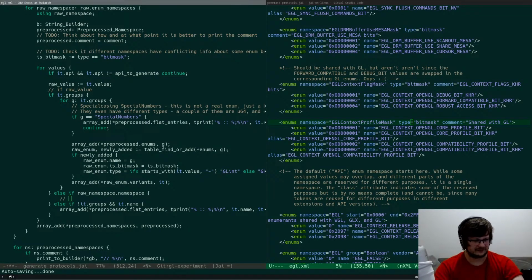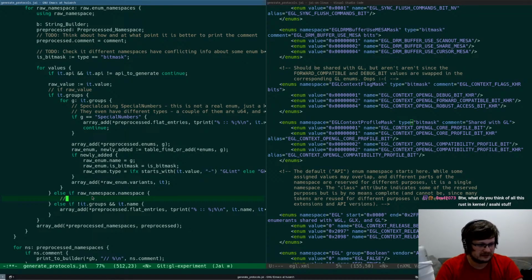Okay, that's good enough. Sure. So what I wanted to do here is, if we have a raw namespace,